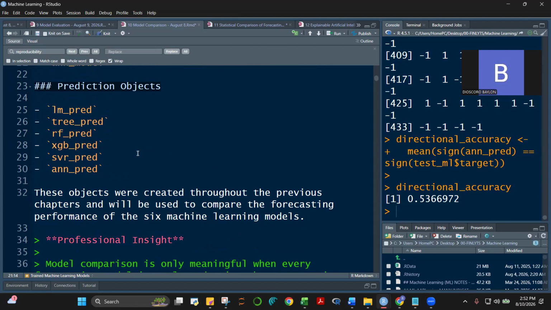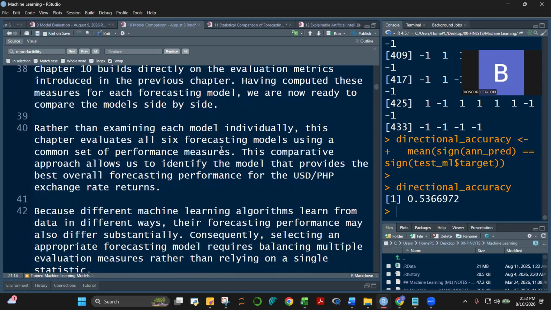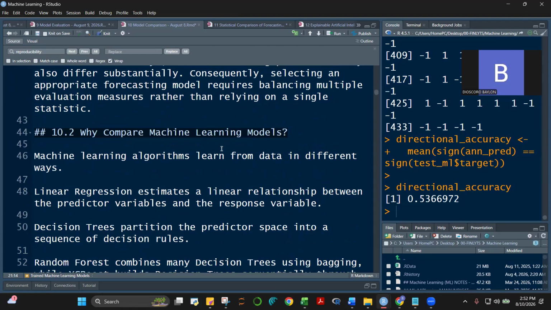I kept on mentioning to you before that we have to predict the value because the predicted values will now be compared to the actual values, and that will be the basis of computing for the RMSE, for the MAE, for the R squared. Now, of course, why do we compare machine learning models?